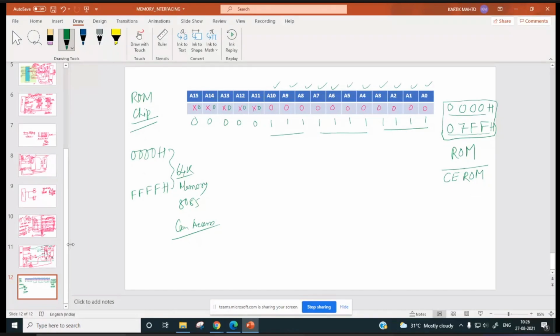And if you go above this, if you make the A11 pin 1 and the rest 0000, what is our next address? It is 0800H.